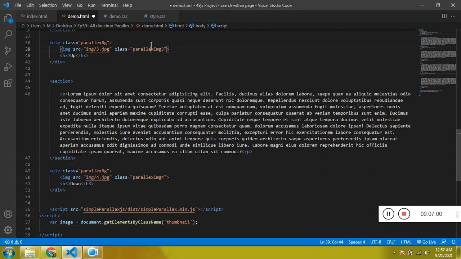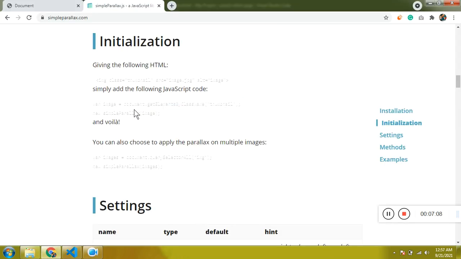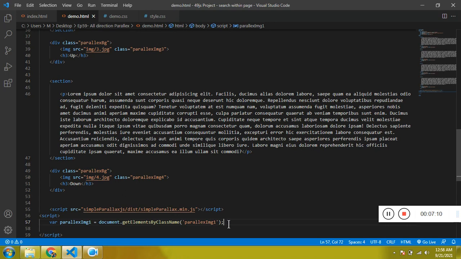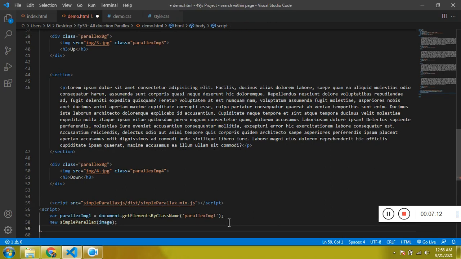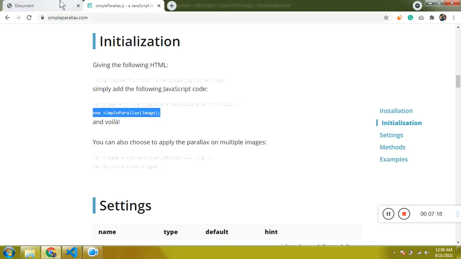Then target the image. I have given the class 1 2 3 4, so this is the first one. Let me save this into a variable. Now we have to create the object. Cool. Once this is done, it should work.